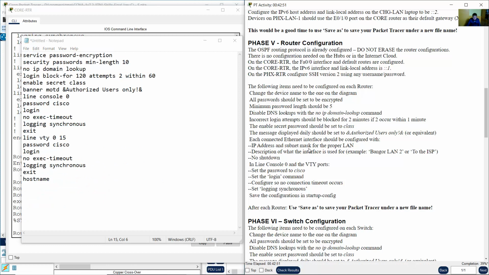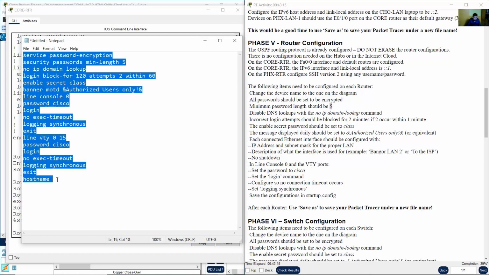Okay, but look at this. Minimum password length should be 5. Okay, I'm using 10. It should be 5. The number of characters for the passwords minimum should be 5, because the class has only 5 and Cisco has only 5. Okay, minimum length 5. So copy this